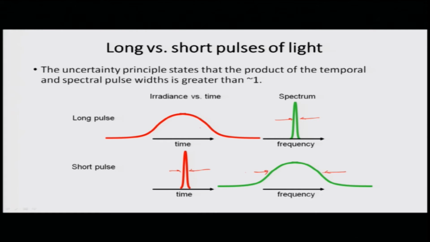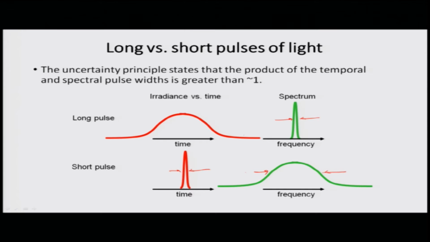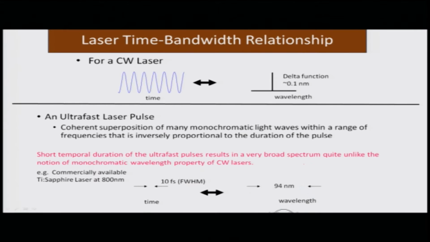As we mentioned in the last slide, those are sort of the extreme cases where we have a line versus a continuous. In reality, it is some width with respect to a very narrow width, again a short width with respect to a long width. That is what we are looking at. So, the laser time bandwidth relations can be summarized in this slide. For a continuous wave laser, we have roughly a single frequency which corresponds to a delta function in wavelength or frequency, and